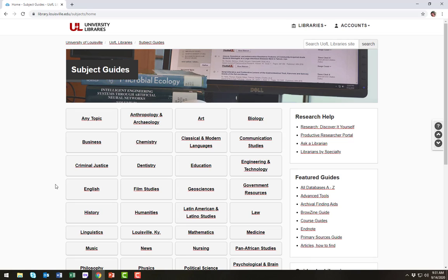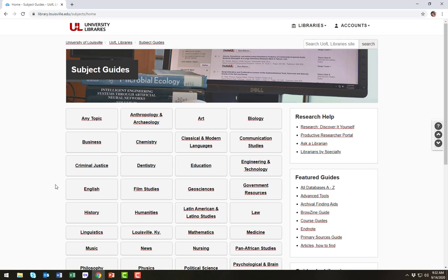As you can see, we have numerous guides for different academic subjects or disciplines. As I mentioned earlier, the conversations happening in engineering will look different than the conversations happening in business, political science, or other subjects. So you will want to consider what conversations you're interested in exploring in relation to your own topic. For instance, do you want to look at cybersecurity from a political science perspective, or a criminal justice perspective, or something else?